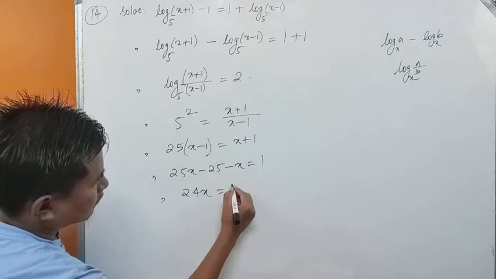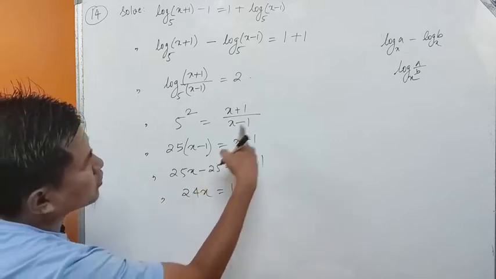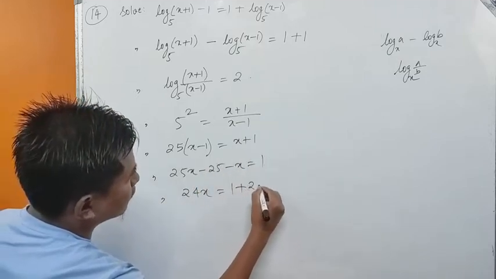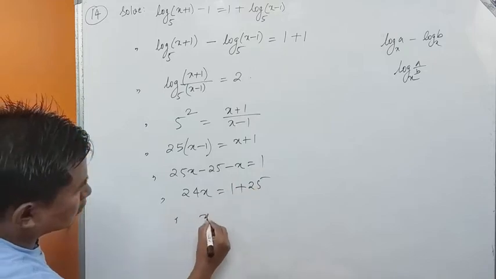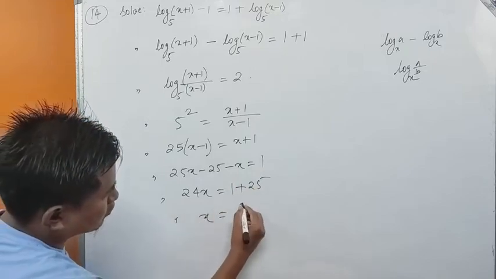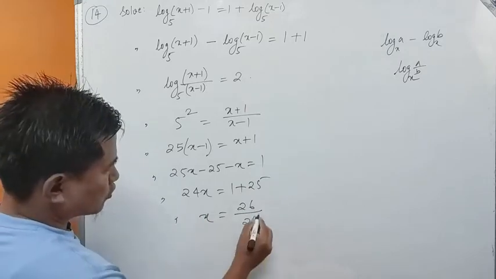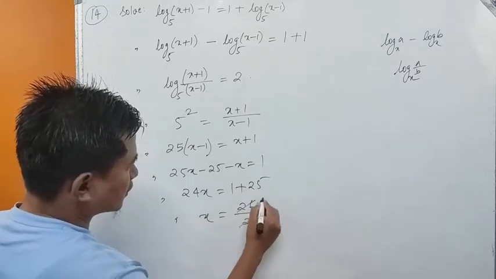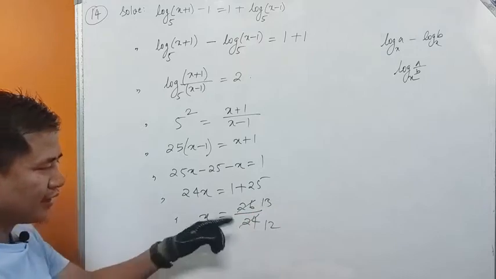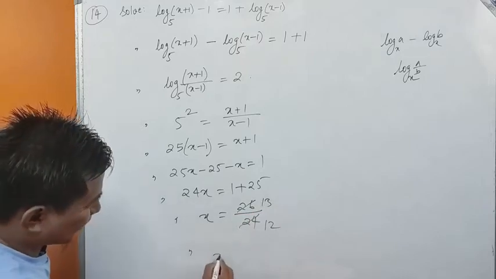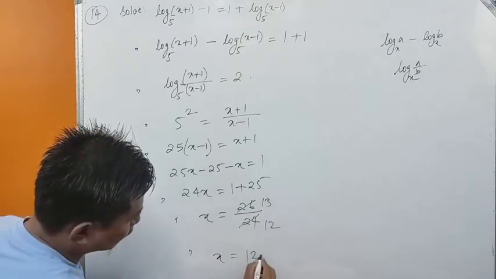Now we already have 1 in the right hand side, let us take this minus 25 to the right hand side, plus 25, or x equals 1 plus 25 is 26 upon 24, isn't it? So 2 12s are 24, 2 13s are 26, isn't it? So x equals